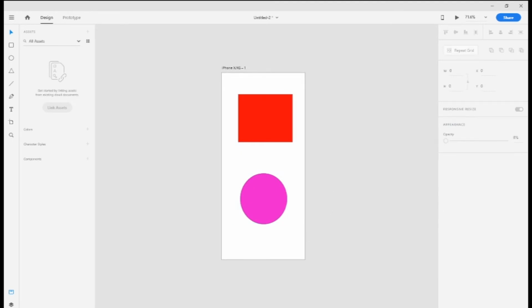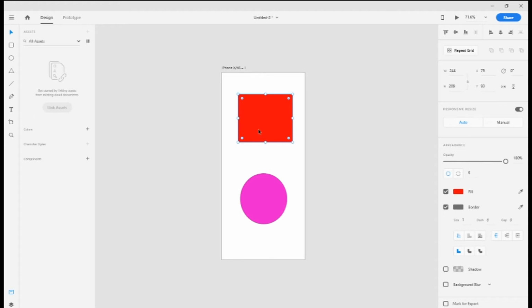The next step is to lock the aspect ratio of an object while resizing. Click the lock icon in the property inspector. You do this so the ratio between the width and height of the object is preserved when you resize the object. So just select, simply go to properties, then select the ratio.